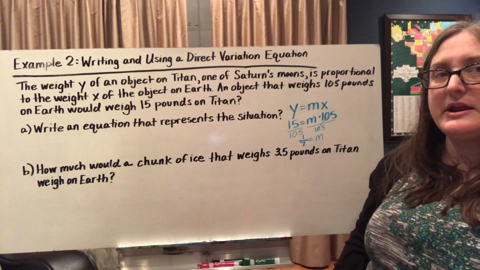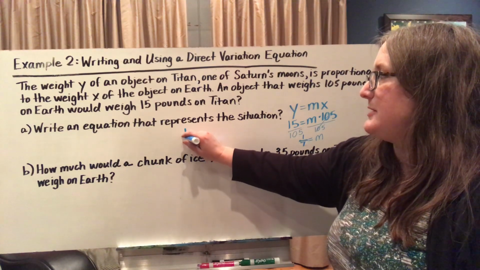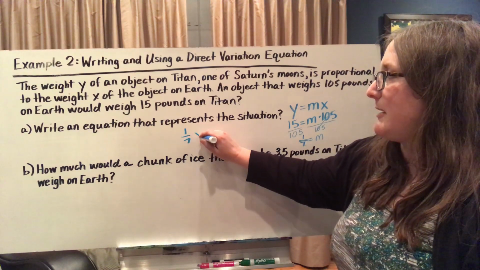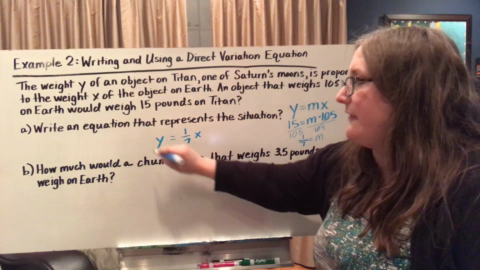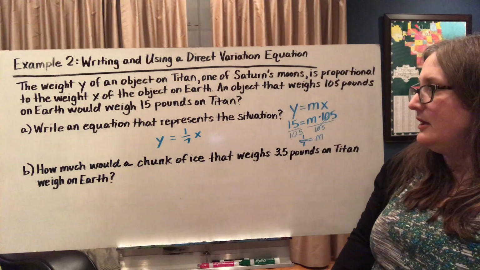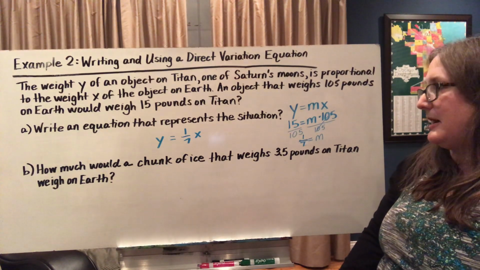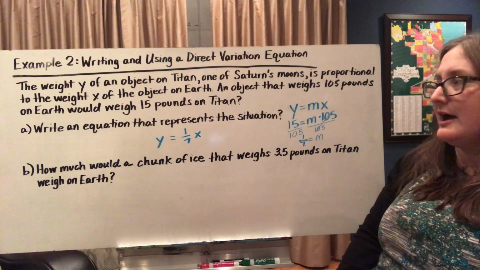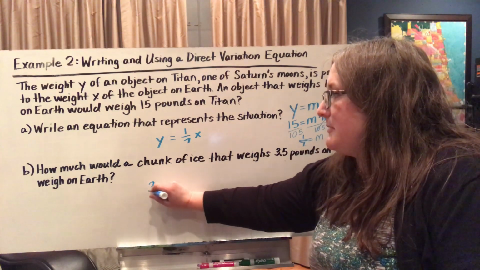So when I want to write an equation, whatever my weight is on Earth, it's going to be 1/7 times my weight on Earth, and that will help me figure out my weight on the moon of Titan. So they want to know, how much would a chunk of ice that weighs 3.5 pounds on Titan weigh on Earth? Well, y is my weight on Titan. So I'd plug in 3.5